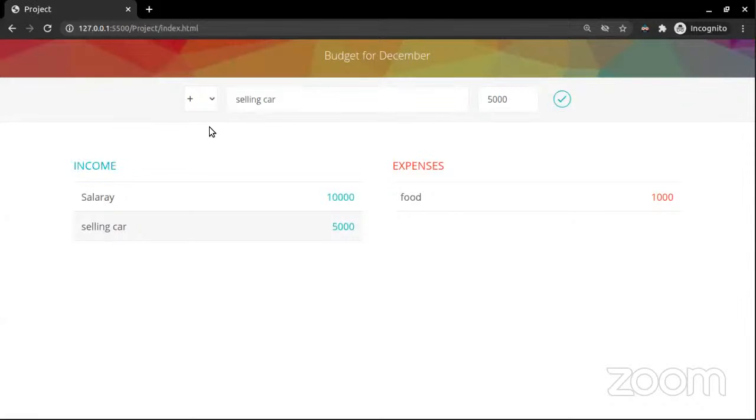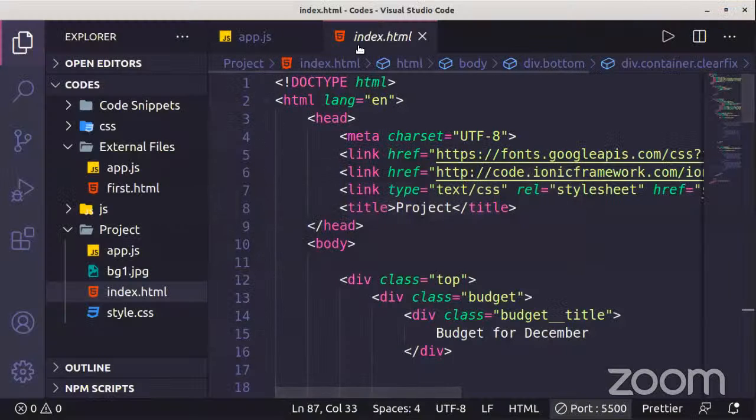This is a very simple project to manage the budget. Every month we have some income and some expenses, so it is very necessary to manage that. By using this simple project you can easily manage that. We will make this with the help of HTML, CSS and pure JavaScript. So without wasting time,